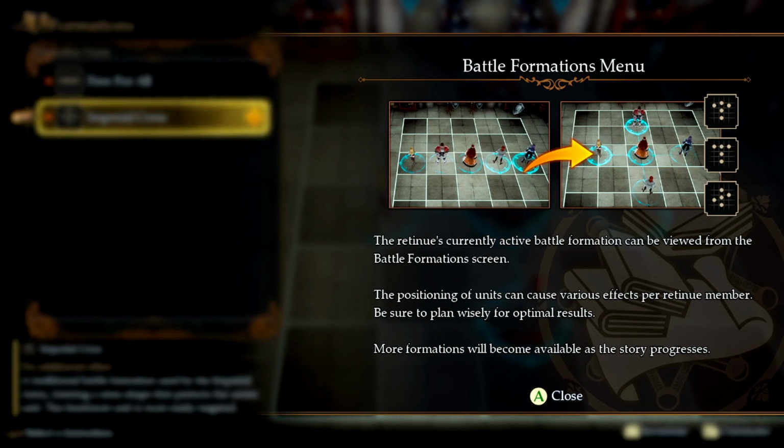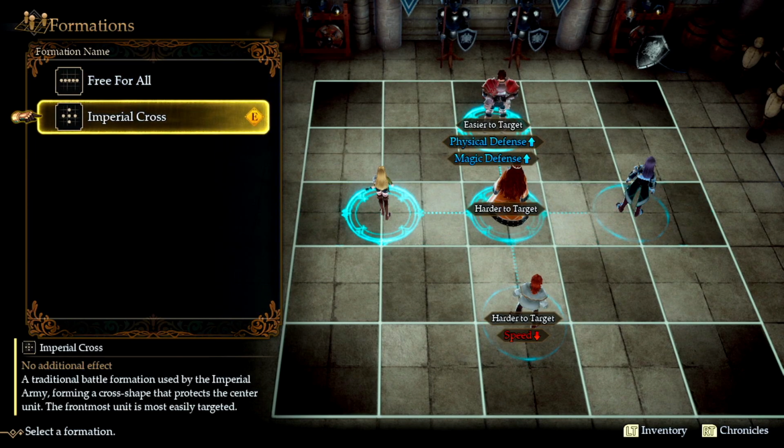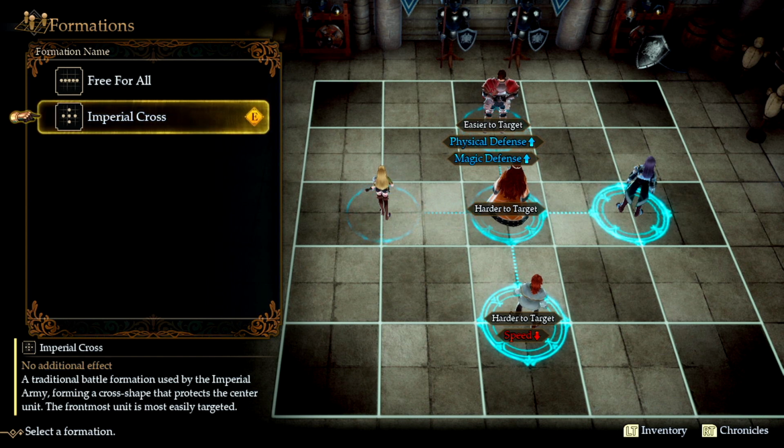Formations. Yeah, this is the thing I care about. The retinue's currently active battle formation can be viewed from the battle formation screen. The positioning of units can cause various effects per retinue member. Be sure to plan wisely for optimal results. More formations will become available as the story progresses. This is the sort of thing that I'm really interested in. There isn't the ability to customize. Whether or not that's something you get down the line, maybe, but yeah, so